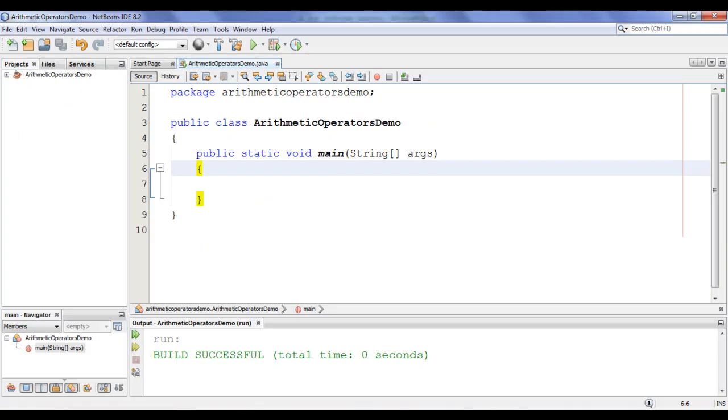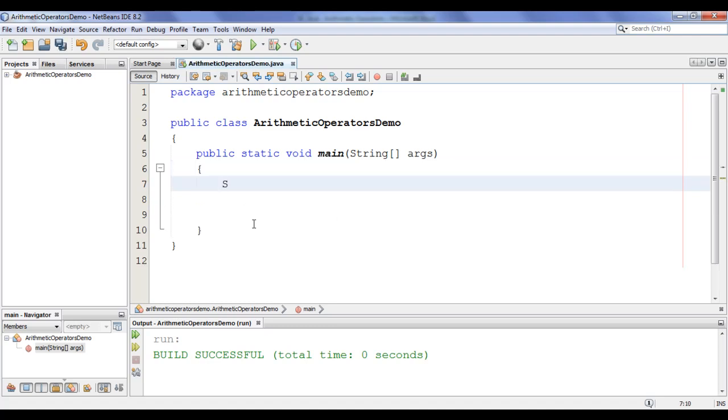Let's go to NetBeans and understand how do we use arithmetic operators in Java. You can see that I have already created arithmetic operators demo project. ArithmeticOperatorsDemo.java file is already open and I have deleted unnecessary comments. Here inside the main method, I say System.out.println(2 + 2);